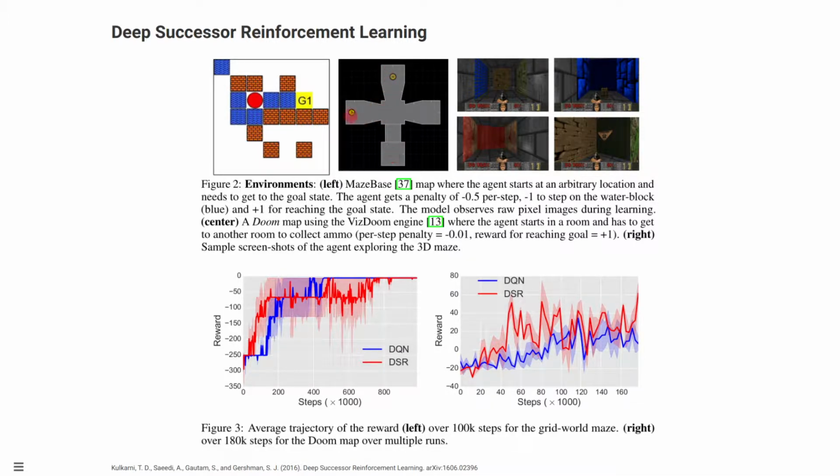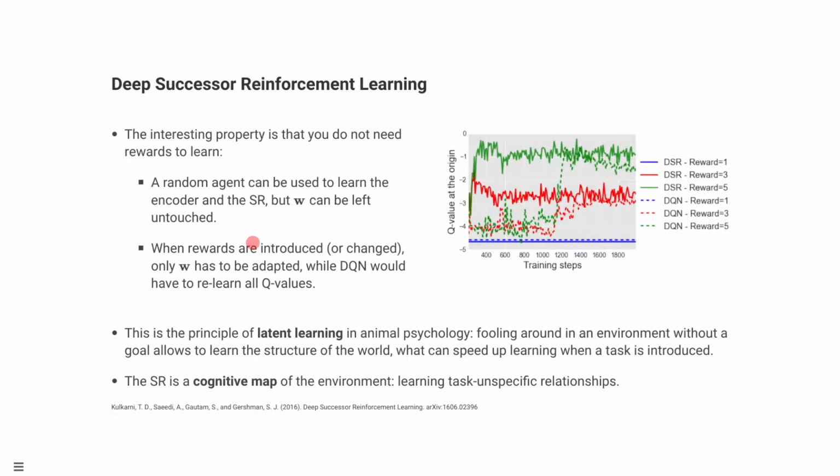It will take a while to change the small vector W, but not very long. Then you can put it back there, just put back the weights W corresponding to that task, and then it's going to work out of the box. So that's really the cool thing that allows transfer learning